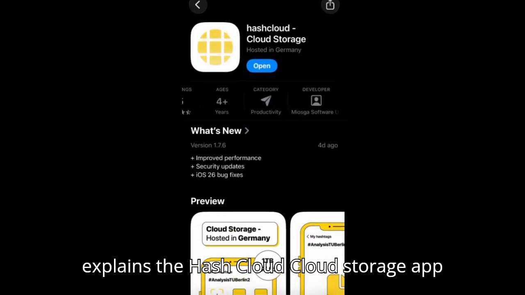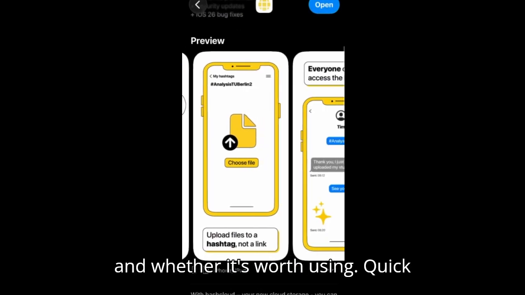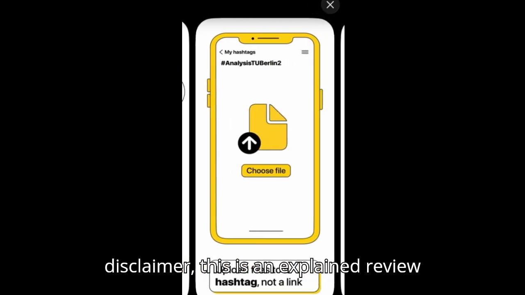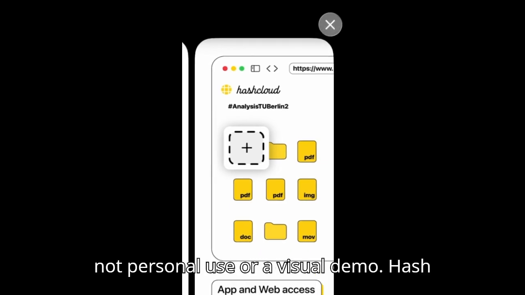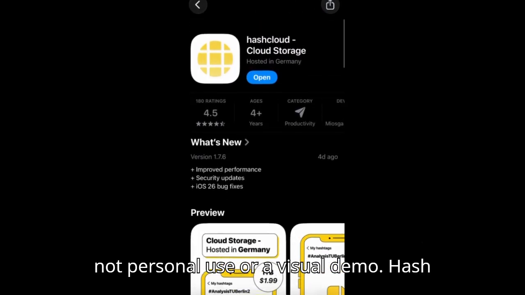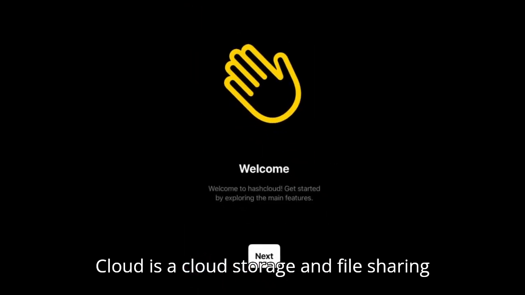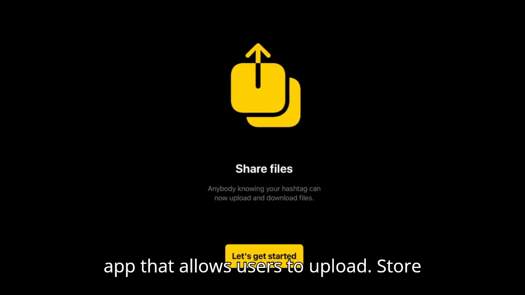This video explains the Hashcloud cloud storage app and whether it's worth using. Quick disclaimer. This is an explained review based on user feedback and online data, not personal use or a visual demo. Hashcloud is a cloud storage and file sharing app that allows users to upload, store, and share files through